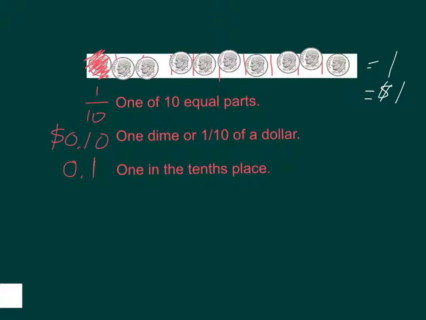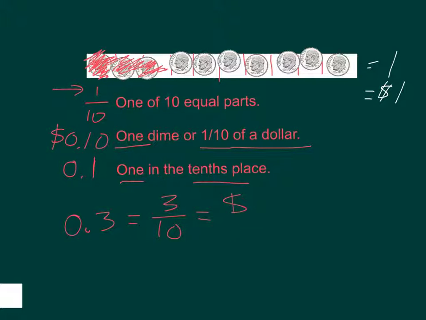So let's for a second pretend that we are talking about 3 dimes. Well, everything that's a 1 there is just going to change to a 3. So now I have 3 of 10 equal parts, 3 dimes, or 3/10 of a dollar, and then 3 in the tenths place. So it would look like this. 3/10, which is the same as 3/10, which is the same as $0.30, or 3